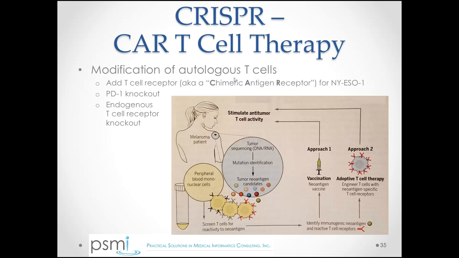The other thing they're doing in this particular study is knocking out PD-1, as in the prior slide, but they're also knocking out the endogenous T cell receptors because they find that's more effective. And so this CAR T cell therapy, which is also being explored for autoimmune diseases, basically you're harvesting T cells from a healthy donor. You're either searching for tumor neoantigen candidates, or in this particular case, we know specifically what neoantigen we want to target. We're genetically modifying the T cells,